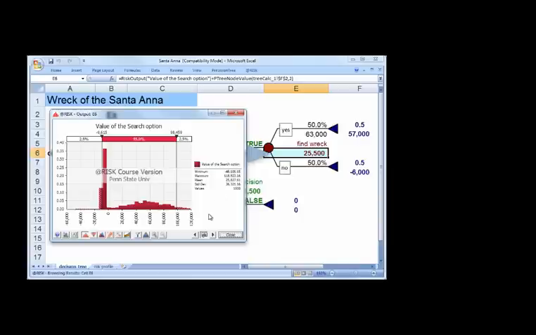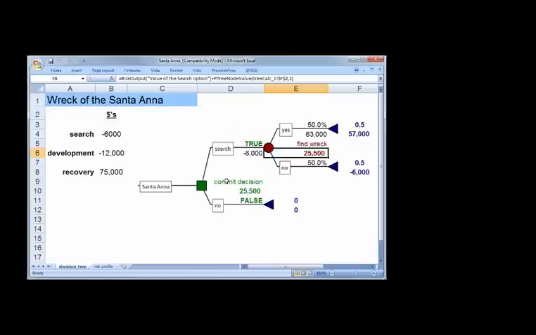Finally, the fourth question actually isn't a question directly about the simulation. It asks, how high could search costs go and the expedition still be profitable in expected value terms? You can actually answer that simply by looking at the original decision tree. It's really asking for a break-even point between the search option and no, where you manipulate the actual search costs,